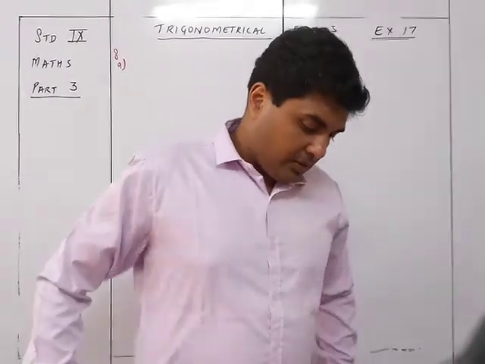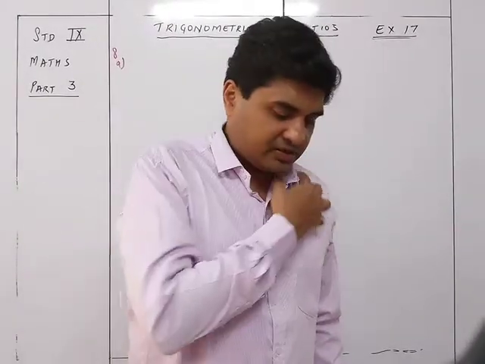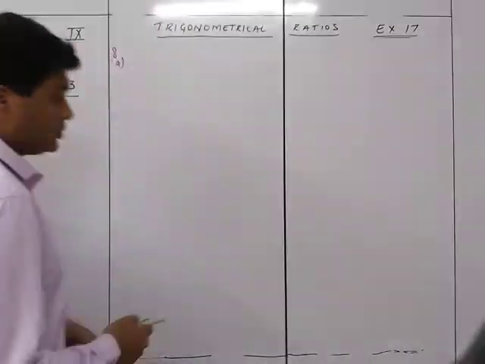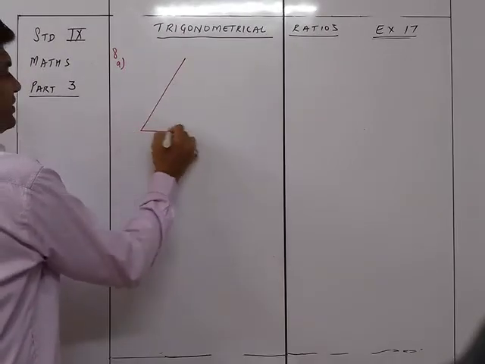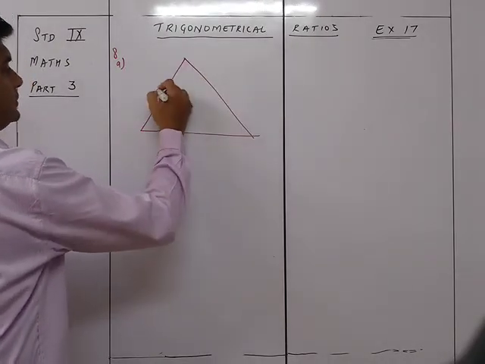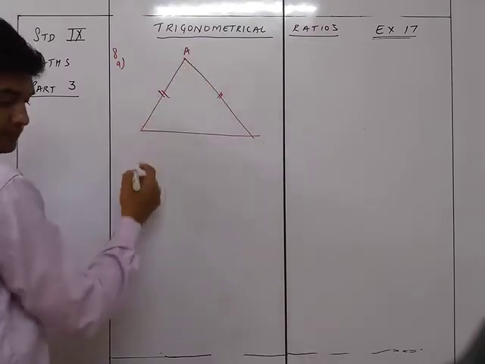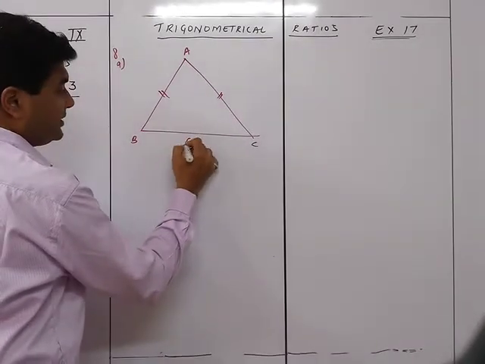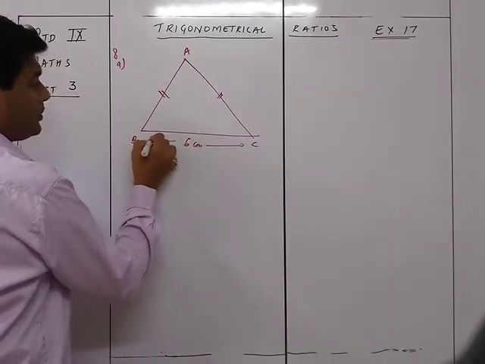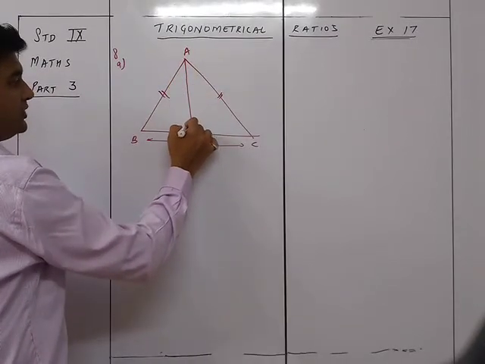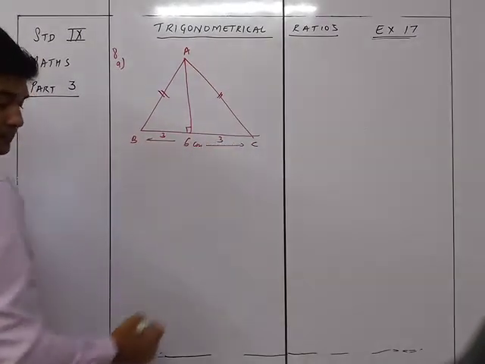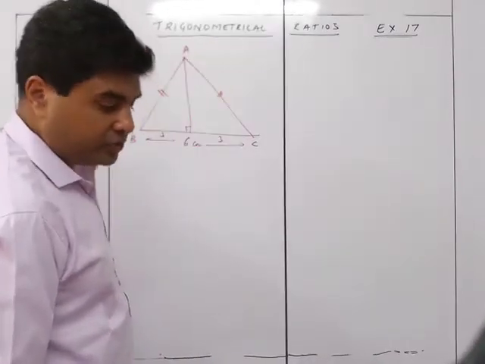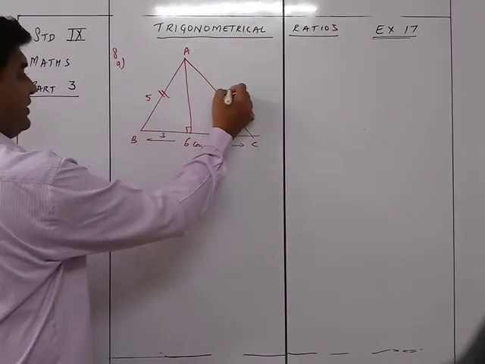So in the figure 1 given below, ABC is the isosceles triangle with AB equal to AC equal to 5 and BC equal to 6. Okay. So we are given that this is an isosceles triangle where these two are equal, AB and AC, and they're given that this is 6 centimeters. So obviously if I draw a perpendicular like this, we know that this will be 3 and this will be 3, and they've given us that AB is equal to AC equals 5, so this is 5 and this is 5,